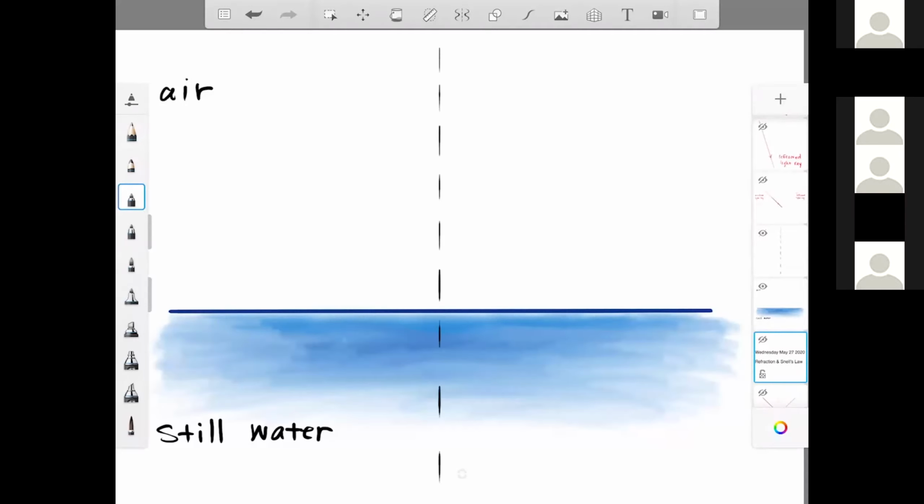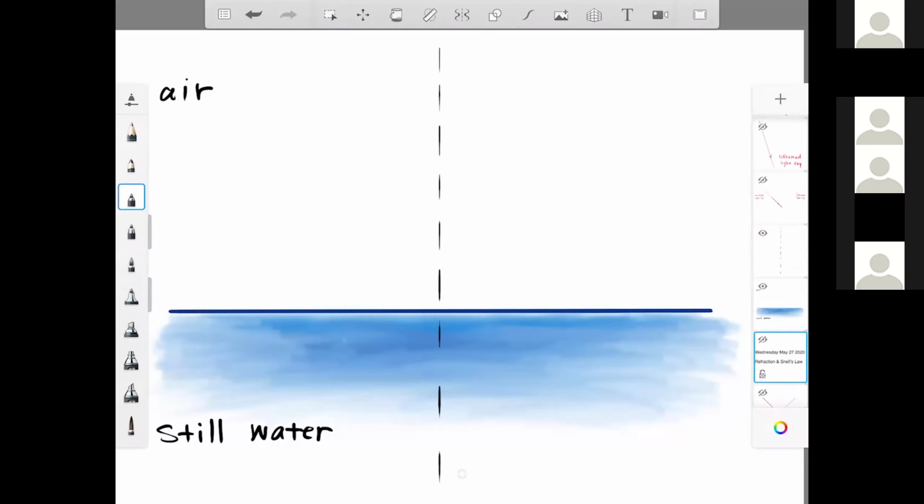First, let me draw a line that is perpendicular to the surface. From this point on, I'm going to call it normal to the surface. Okay, so just to be clear, when I say normal to the surface, that means perpendicular to the surface. Anyway, so we know